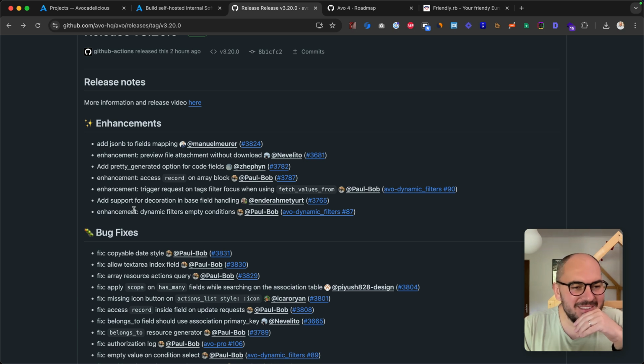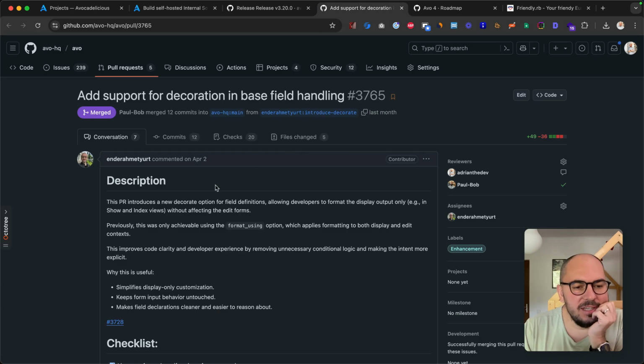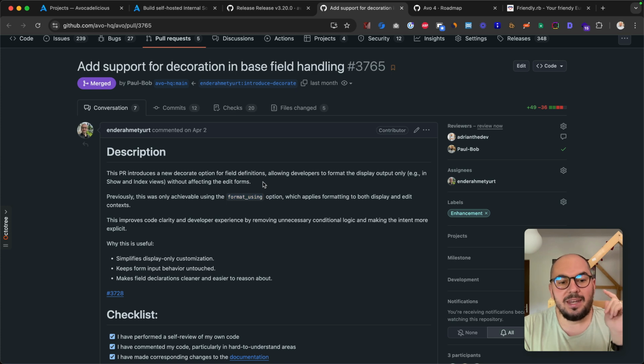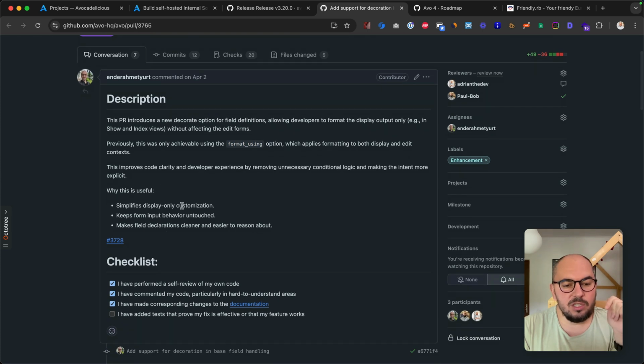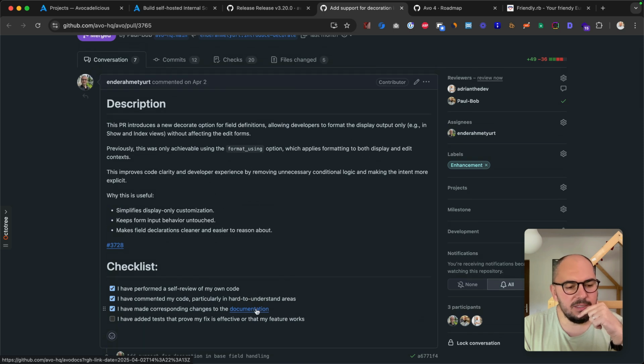Release-driven development, it's called. Add support for decoration in base field handling. Oh, thank you, Ender, for this. So what was happening was most people were using format using, but the problem is that it's going to be applied on form fields as well. So all of the fields: index, show, edit, and new. And now we introduce this new, what is it? Do we have the documentation for this? This new